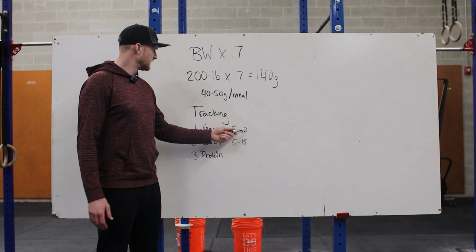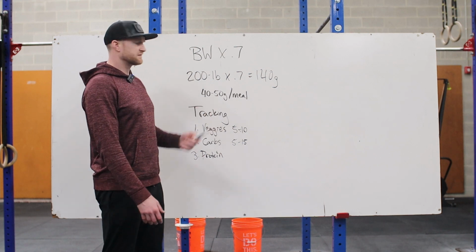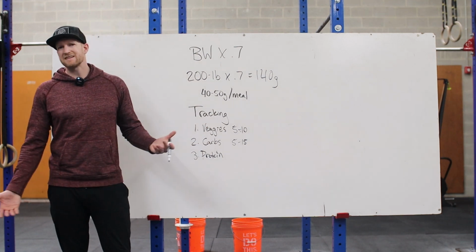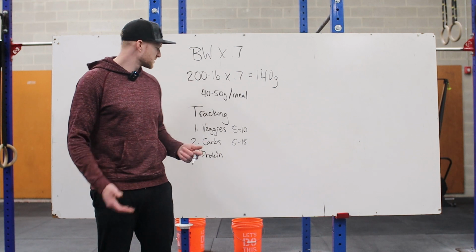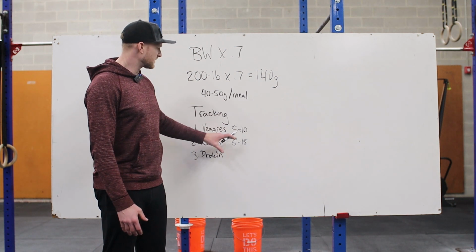Or even if you're doing more veggies and a little bit more carbs, well, there's 25 grams out of that 50, you only need 25 grams of protein. So even at, let's say, 30 grams of protein, that's like a 6-ounce piece of chicken, a really standard size. So it's not as difficult to reach this number once you break it down and you understand,